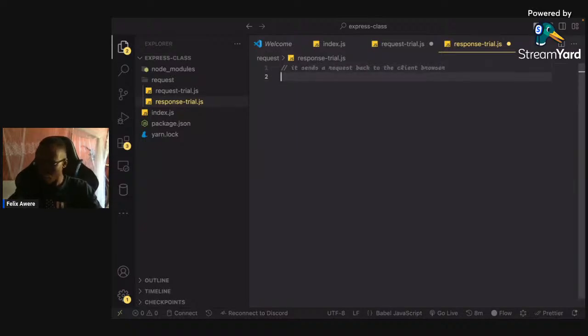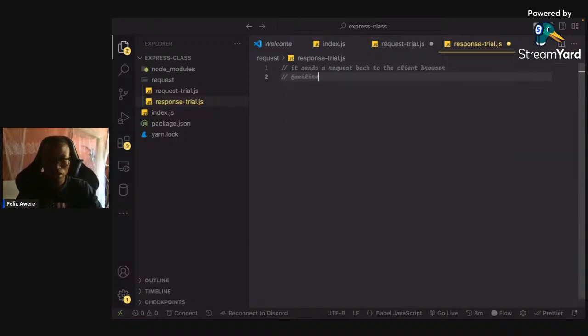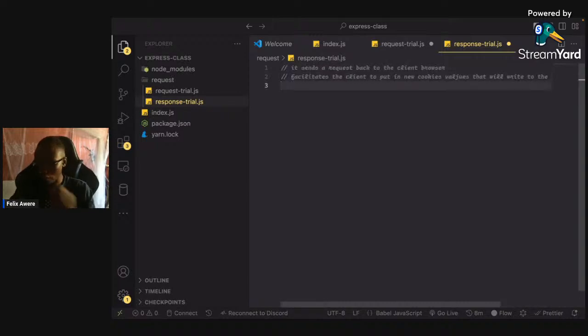We have the second one, whereby it facilitates you to put new cookie values that will be written to the client browser. Yeah, and then we have the third one, whereby